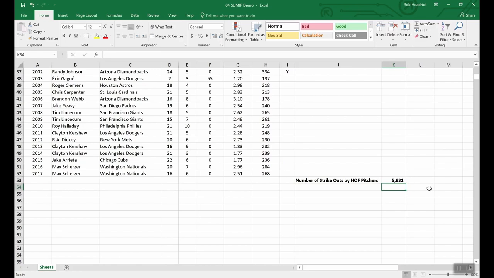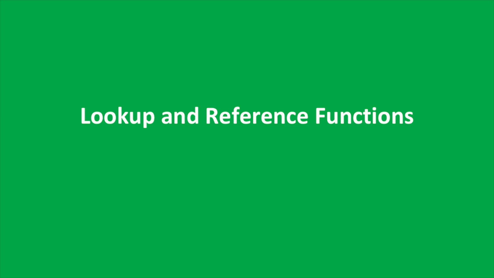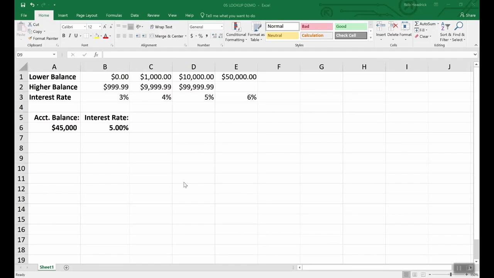So that wraps up our quick look at statistical functions. Now we're going to move on to a really cool set of functions called lookup and reference functions. The lookup and reference functions are designed to ease the finding and referencing of data, especially in large tables. We're going to start with the specific function called lookup, and to give you an overview of how it works,